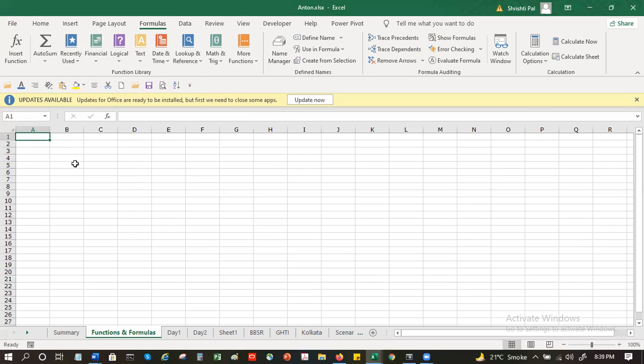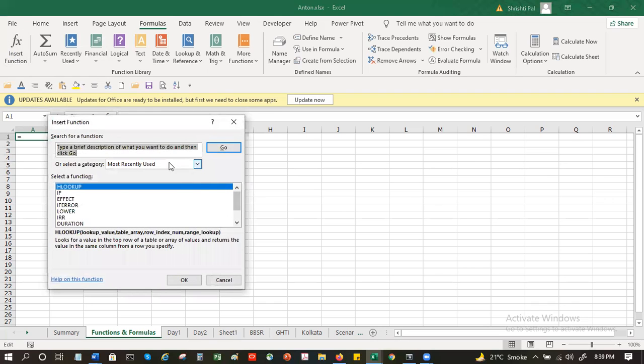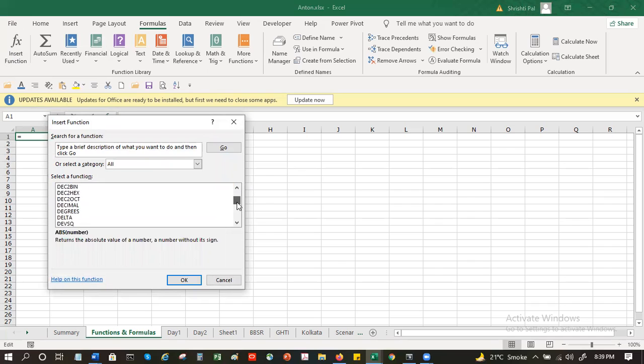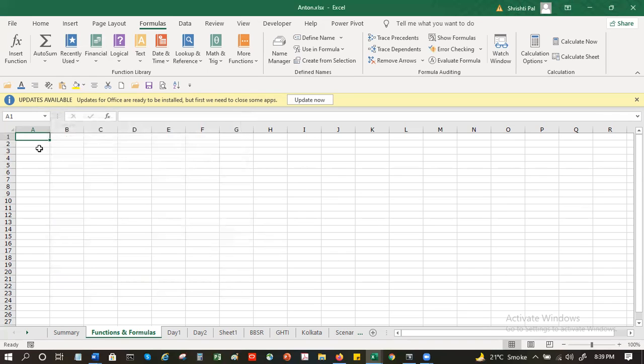When we use one particular cell, we may not always use the insert function. It is done initially, or when you are not sure which function to use, you can just select all and go through them one by one individually. So if you like something, you can pick it up from here, or just choose something at random. So that is one way of doing it. Another way is you can straight away type equal to and start writing it manually.